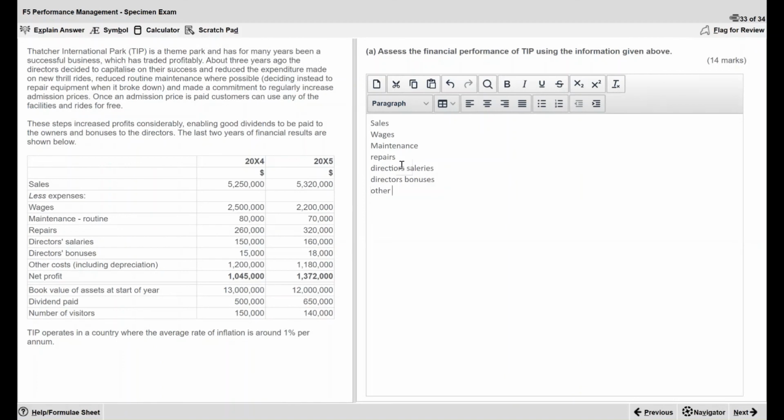So other costs, net profit, book value of assets,